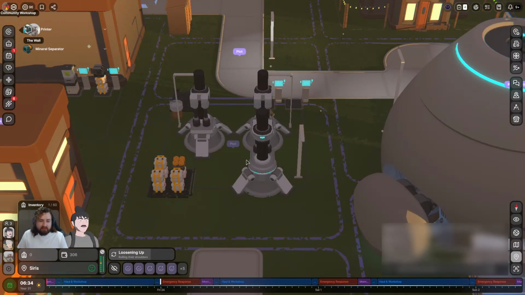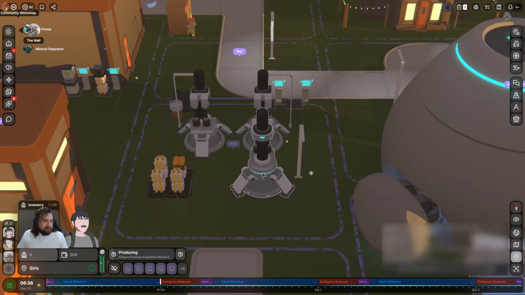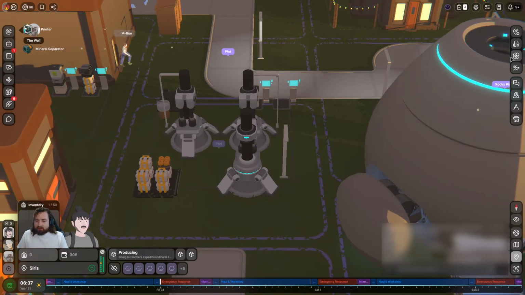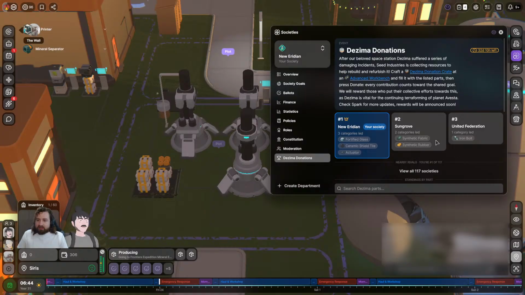I really wish we could get one of those big computer modules made because we did briefly lose our number one rank yesterday because of Sungrove. They had taken another spot on the leaderboard, which put us in second. But then I think someone else took that spot from them.